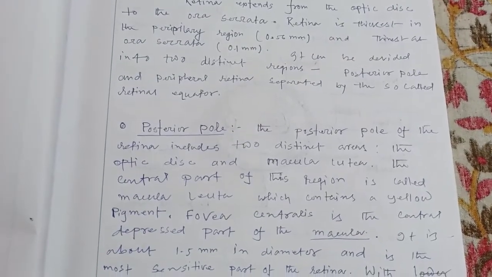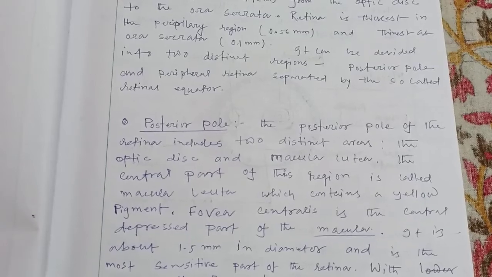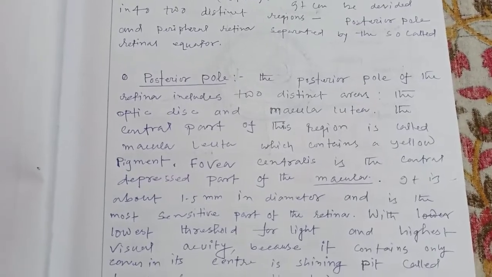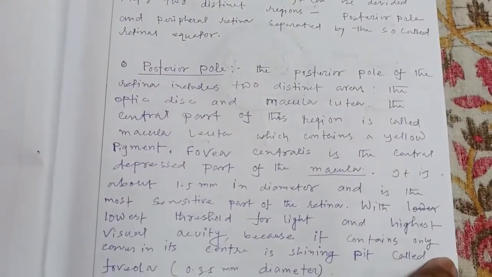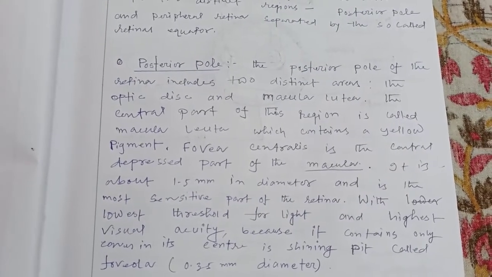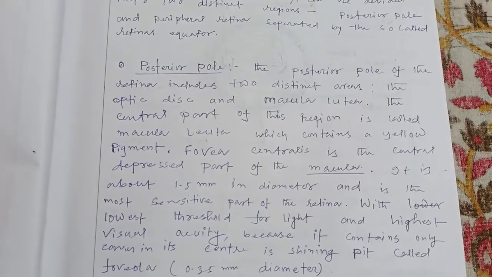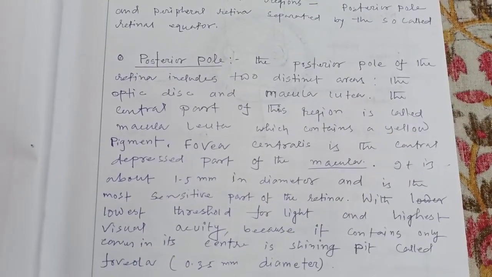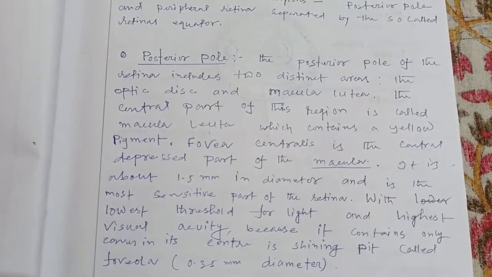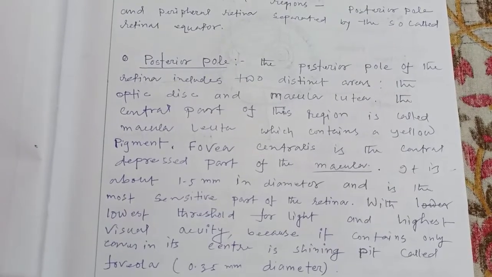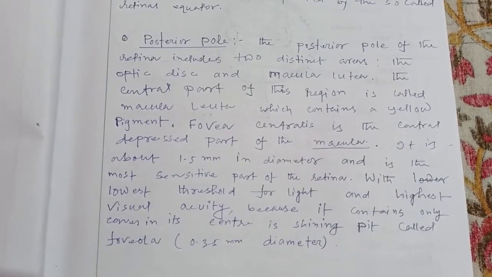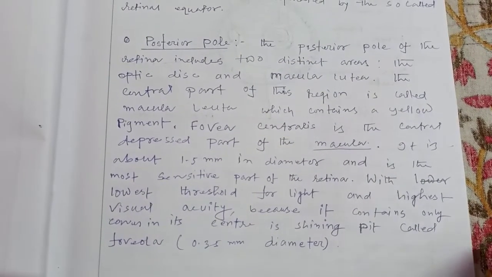And fovea centralis is the central depressed part of the macula. It is about 1.5 mm in diameter. It is the most sensitive part of the retina, okay, with lowest threshold for light and highest visual acuity because it contains only cones in the central shining pit called the fovea, 0.35 mm diameter. Okay,